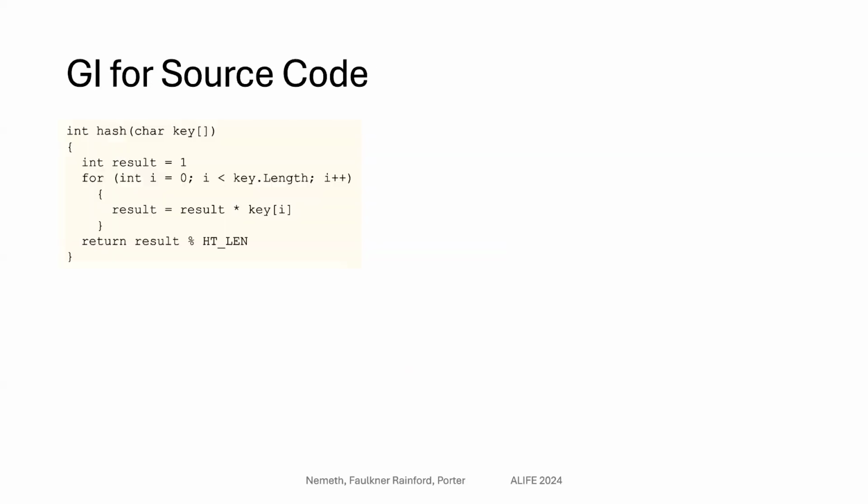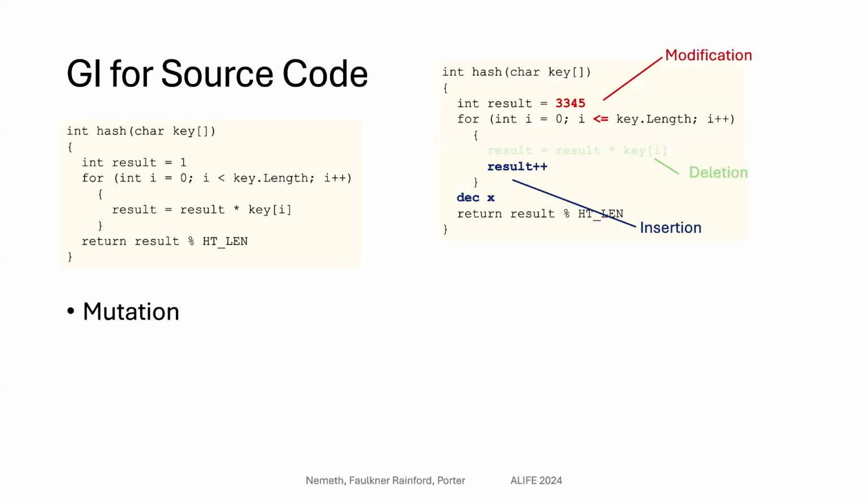Now, how does GI for source code work? Individuals in this model are pieces of code representing a functionality that we would like to improve. And randomly, we apply genetic transformations like mutation, which could be a modification of an existing part of this code, like a constant or an operation or a condition, or